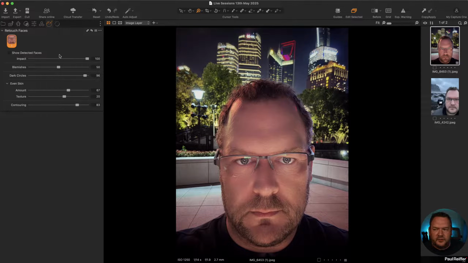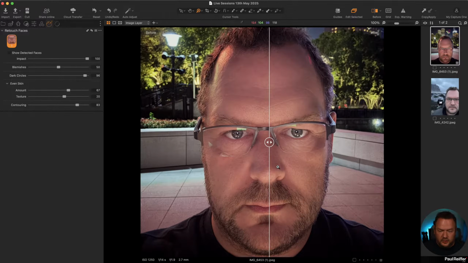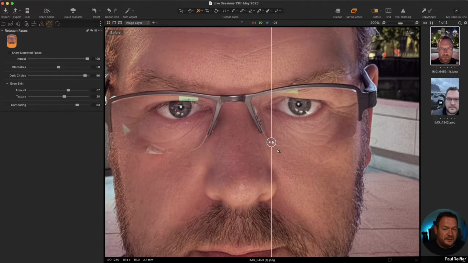Excellent. Now those things looked like very minor changes. But if I go to my before and after, there's my before, there's my after. And I would argue I still look relatively natural, but it's just given me a bit of a fresher look. Now to take that another way,